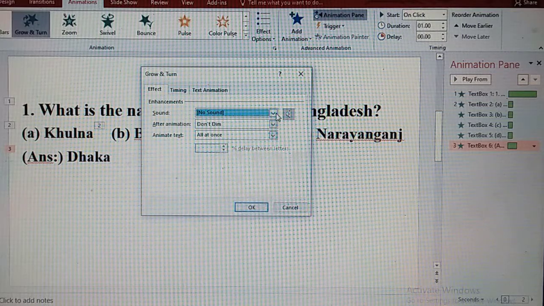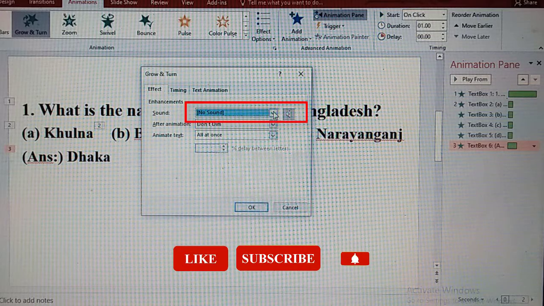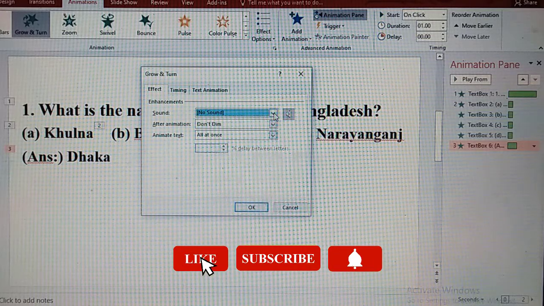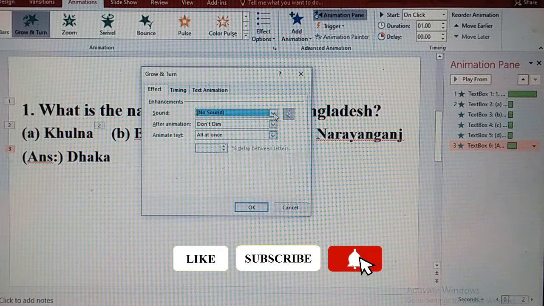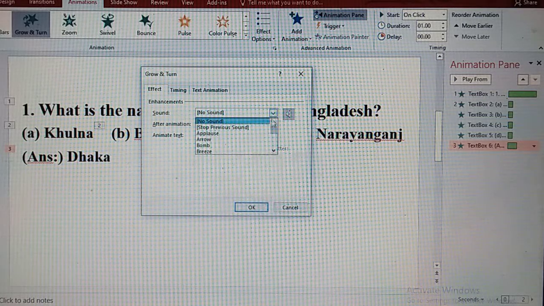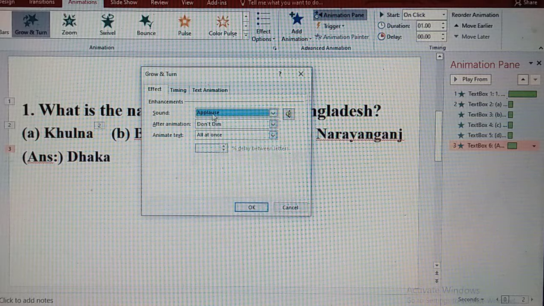Go to the right and you will see such a down arrow button. Now click on this option and you will see different sound options. From here you can select any option. Now I have selected applause and at last click on OK.